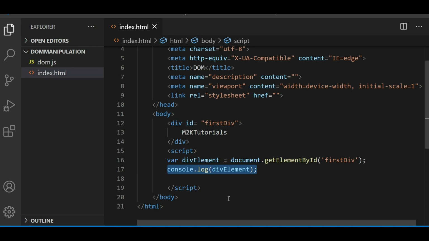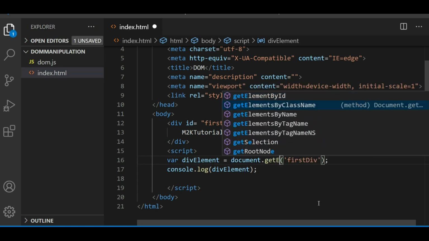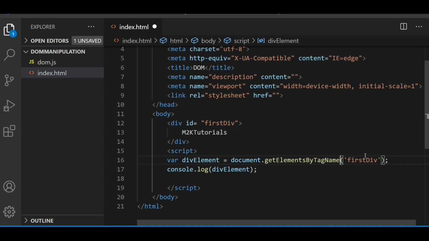Now the other way we can get this div is using getElementsByTagName. What is a tag? A tag is nothing but the name of the element. In the current situation, div is the name of the element, right? So we can get this div using getElementsByTagName, and the tag name here is div.